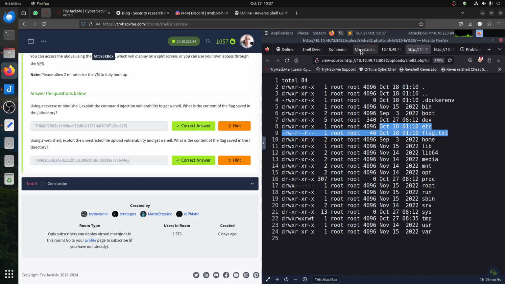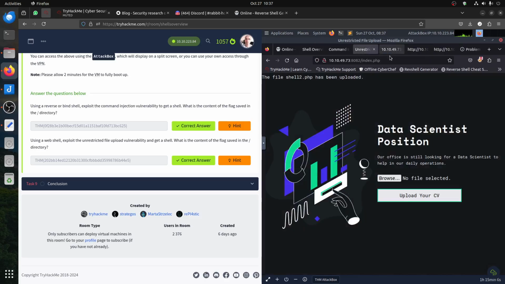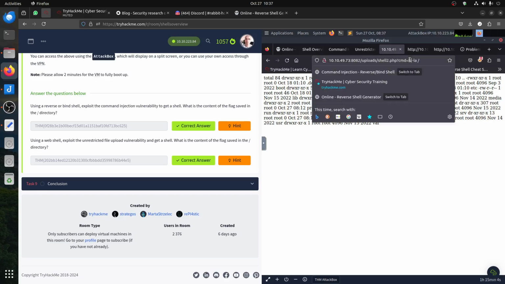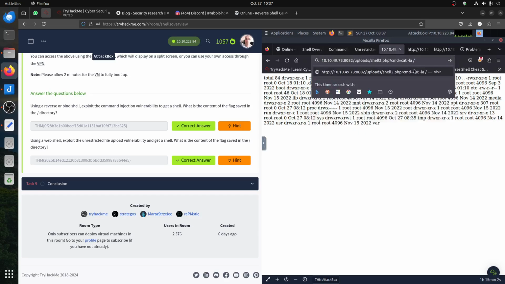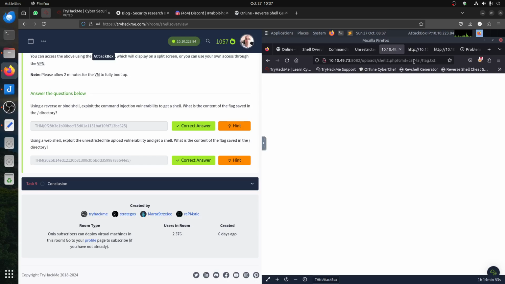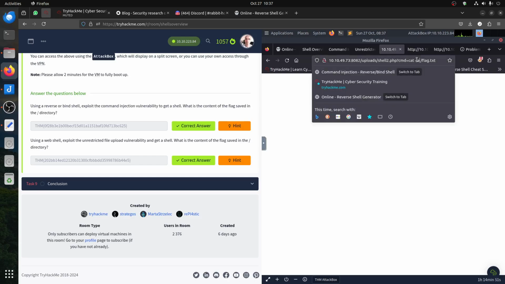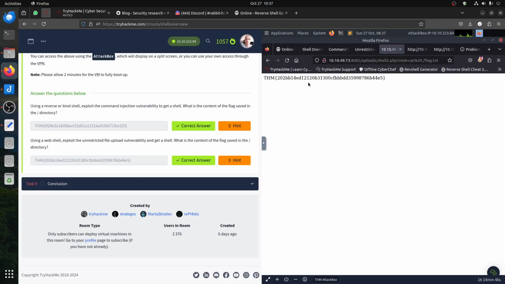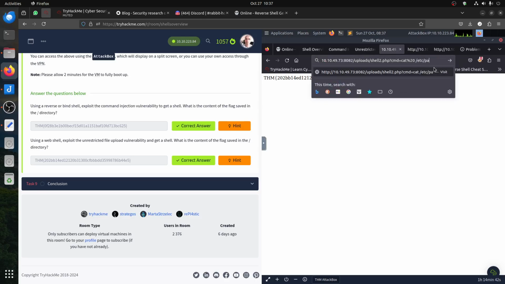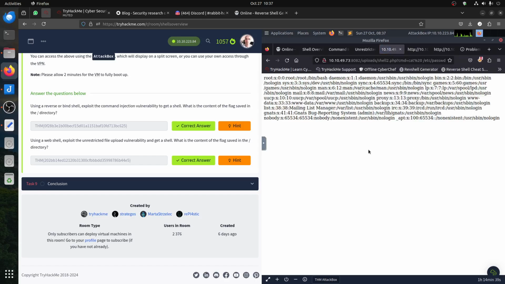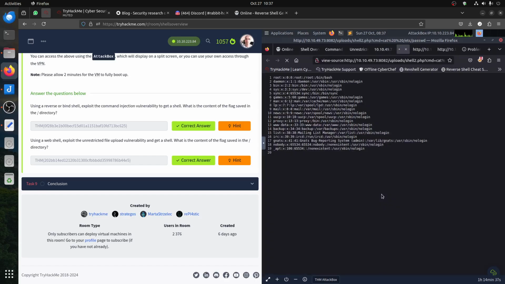And then because I now know the flag is there, I can just change my command to the cat command and cat the flag.txt. Not ls -la, remove the ls -la out, and then we got the flag. Same thing, you can cat /etc/passwd, the dangerous file that you know, view page source,